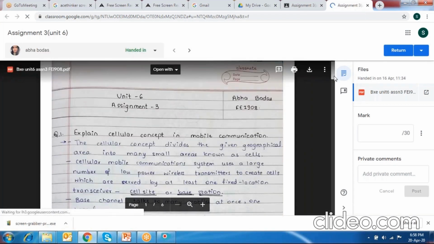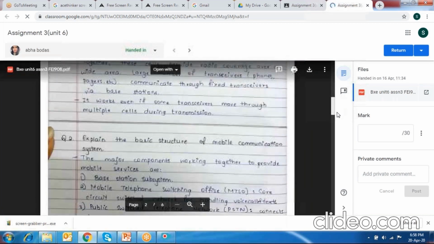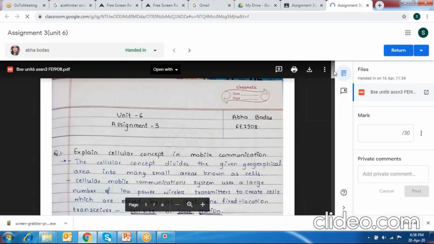So this is her handwritten assignment. She had written this assignment, then taken a photo of it, converted it into PDF, and uploaded it on Google Classroom. I go through this assignment, and on the right side, I have a window for giving marks. Suppose I have to give her 25 marks, then I give 25 marks and simply say return. There is a Return option over here, marked in blue. When I say return, she will be given 25 marks.